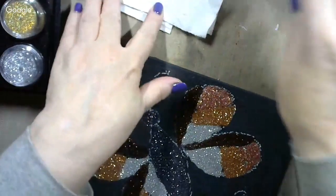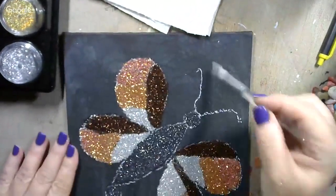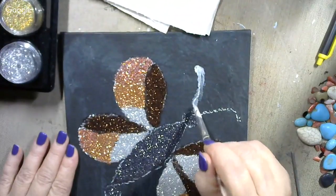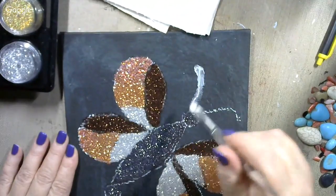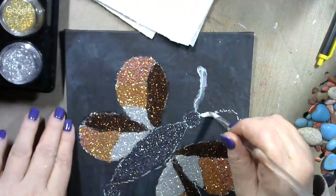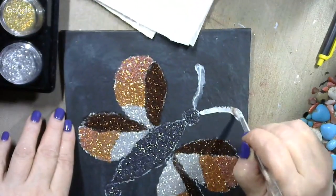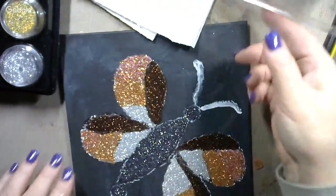Okay, now we got to do the antenna. That's the last pieces of him that we need to worry about getting glitter on. And yes, he's going to have kind of thick antennas. You can make yours as thick or as thin as you want to if you're doing it, but I'm going to lay them on a little thick. Just following my chalk lines. And I want these to be